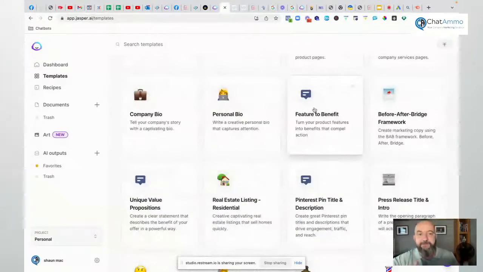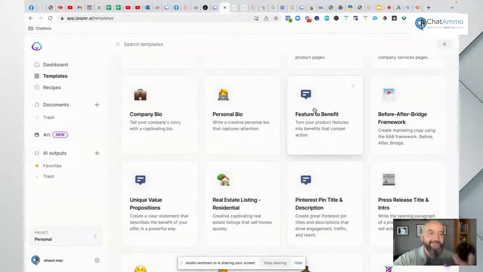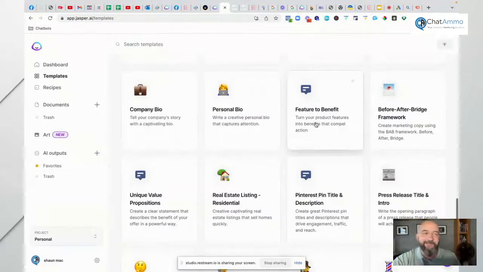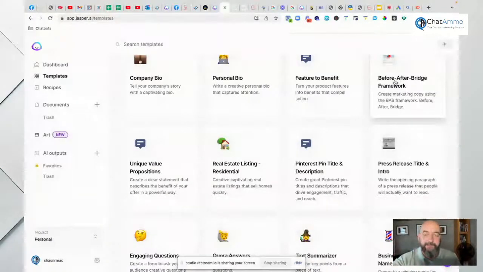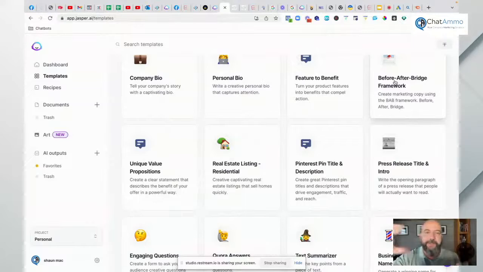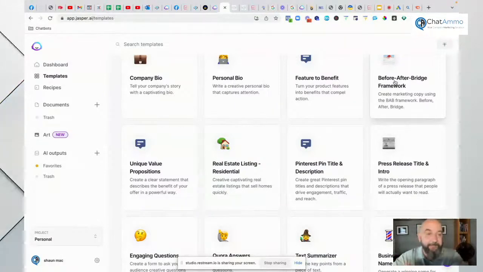Highly recommend feature to benefit because a lot of people, when they're trying to sell, are telling the features but not the actual benefit. This is going to help you get the benefit over with. Before and after bridge framework. So that's a kind of future pacing, which you'll hear Russell Brunson talk an awful lot about as well, which is normally for an upsell. So on your upsell page, what you do is you actually future pace them. So imagine if you had this working for you right now, if it only got back the amount of money that you've spent on it, it would still be a worthwhile buy to you. It's that kind of future pacing. Where would you be in 6 months' time with this working for you?